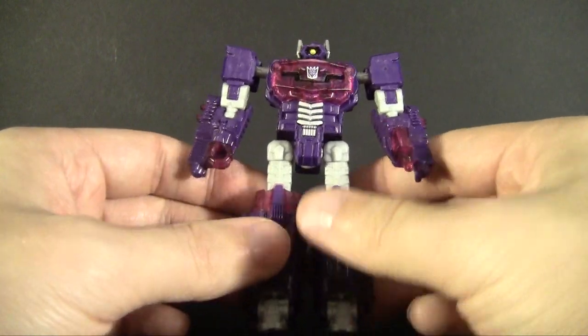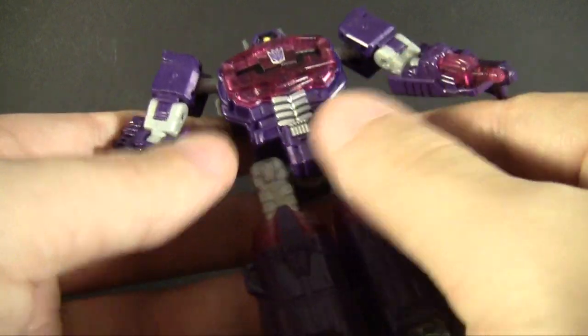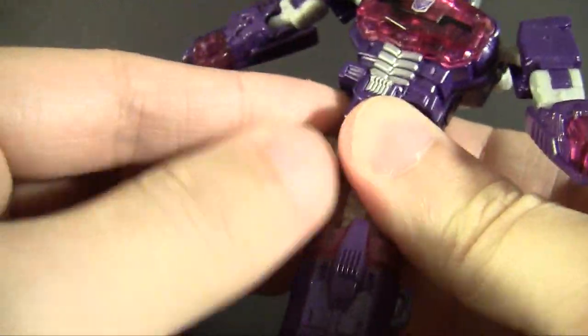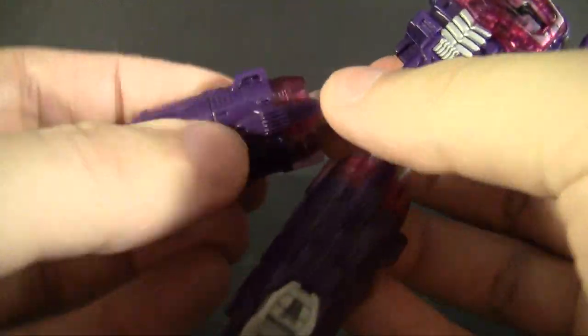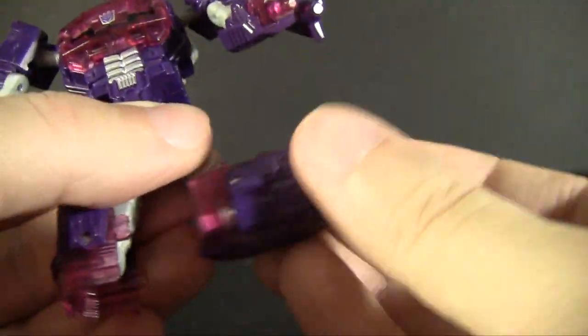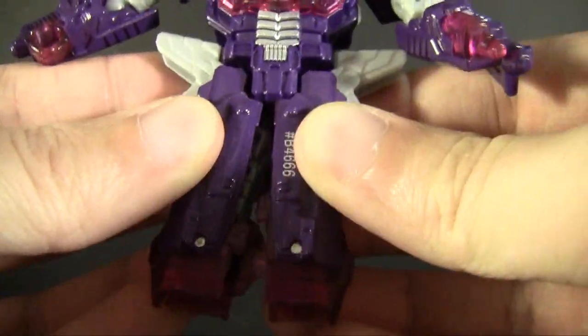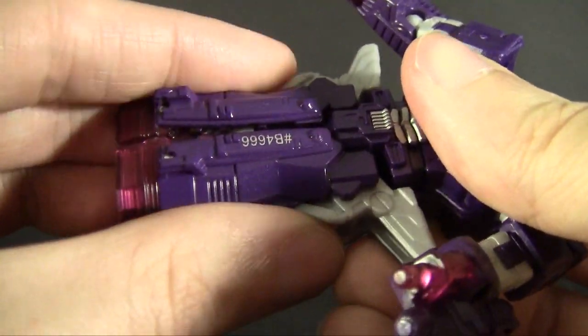Speaking of, let's get this guy back into gun mode. Since this is just a Legends toy, the video would be a little bit short otherwise, so we can bulk it out a little bit, and we'll reverse the transformation. This is one of those toys where you can kind of flip around some of the steps and just do it in the order you feel like. I kind of like that, just because, oh,